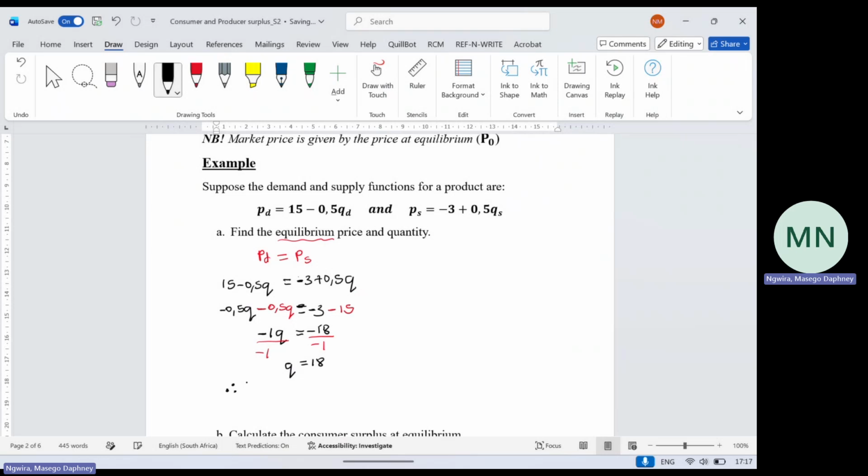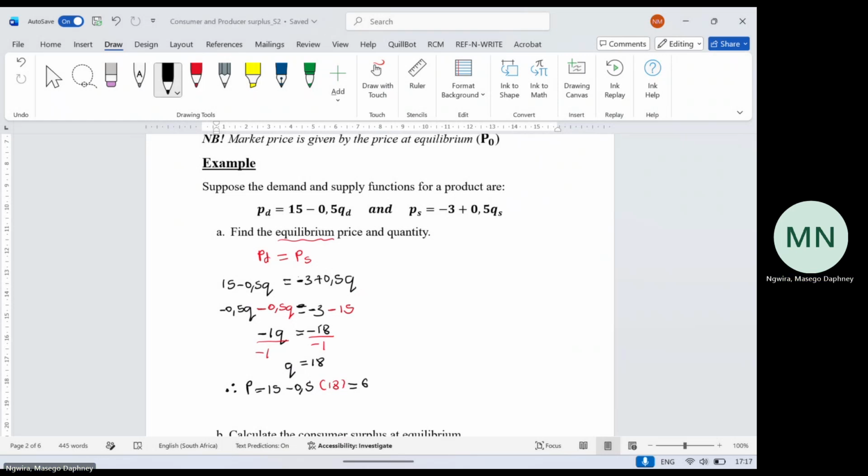So remember we said that you have to choose between these two formulas. You can choose any of these two to calculate your P. It doesn't matter, the answer will be the same. So I'm just going to choose the first one. So I'm going to say P is equal to 15 minus 0.5. Then wherever I see Q, I put this 18. And then my answer is going to be